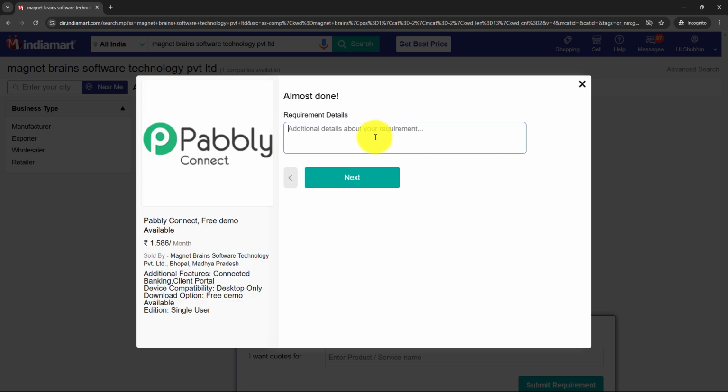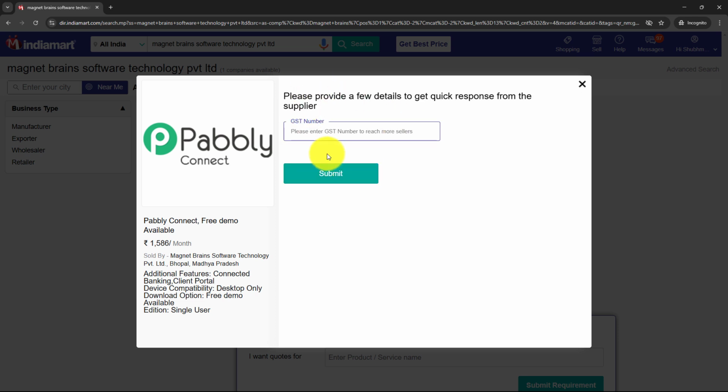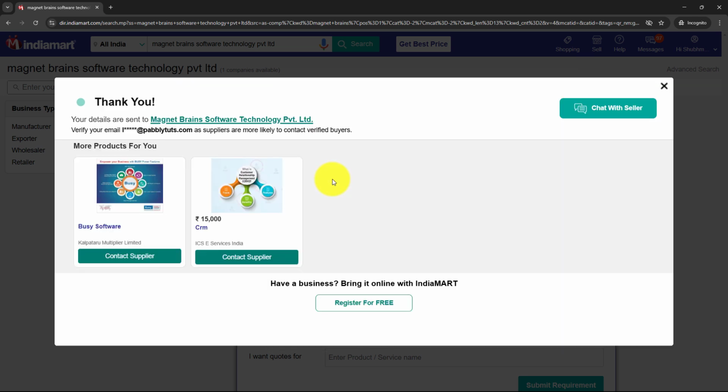So let's say my query is, so here I have added my query as: hello, I am looking for high quality organic biofertilizer for my crops. Need around 100 kg. Interested in making bulk purchase. Can you share more details? Waiting for your reply. Thanks. Now I am going to click on this next, and as this is not a required field, I am going to click on this submit.